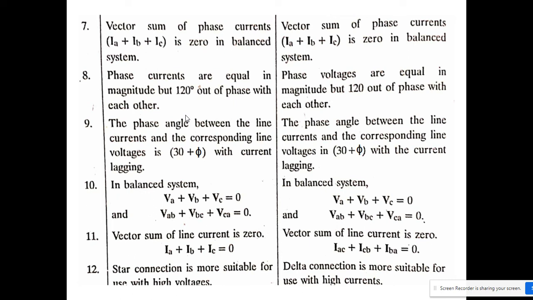In the balanced star system, the sum of the phase voltages and the sum of the line voltages are equal to zero. And in delta connection, the sum of phase voltages and the sum of line voltages is zero. The vector sum of the line currents is zero, and the same is true in the balanced system. Vector sum of the line currents is zero. Star connection is more suitable for high voltage, and the delta connection is more suitable for high currents. So that is all about the three phase balanced circuit